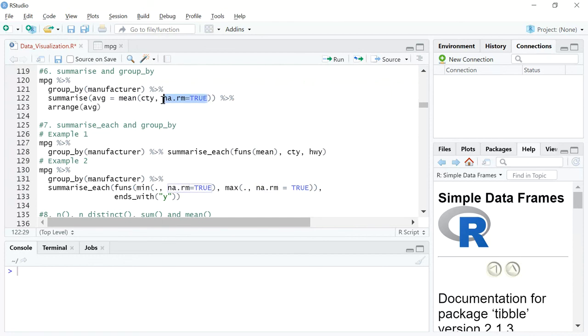This is an optional command. It can be used if and when you feel that some of your columns don't have all the observations, if it is not updated with the right values, or if there are null values, then you can use this command. So essentially what we're trying to do here is take the mean of the cty column and pass it on to a variable called avg, which acts like a column name when we look at this data.